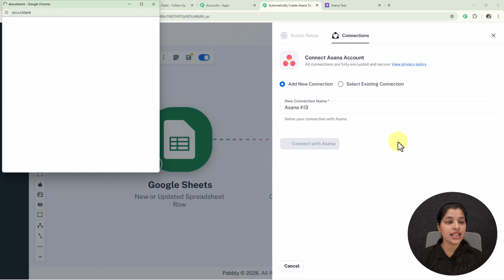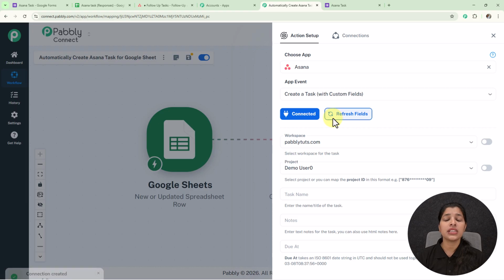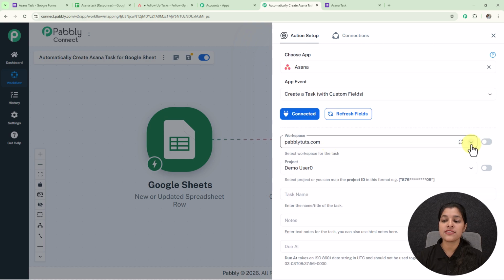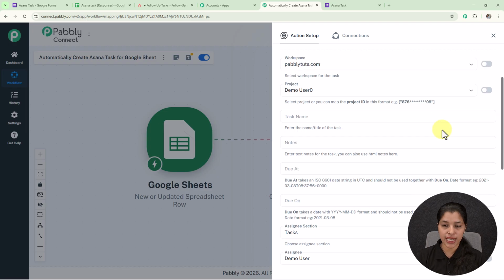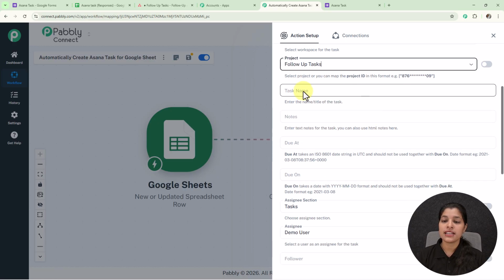and here you have to click over this connect with Asana, and here you can see my connection has been built so smoothly as I already have logged in to my Asana account. And here we are getting some fields. So the first field is for selecting the workspace. From this drop down you can select your preferred workspace, and now we are getting this option for selecting the project. So I'm going to select my project as follow-up task,